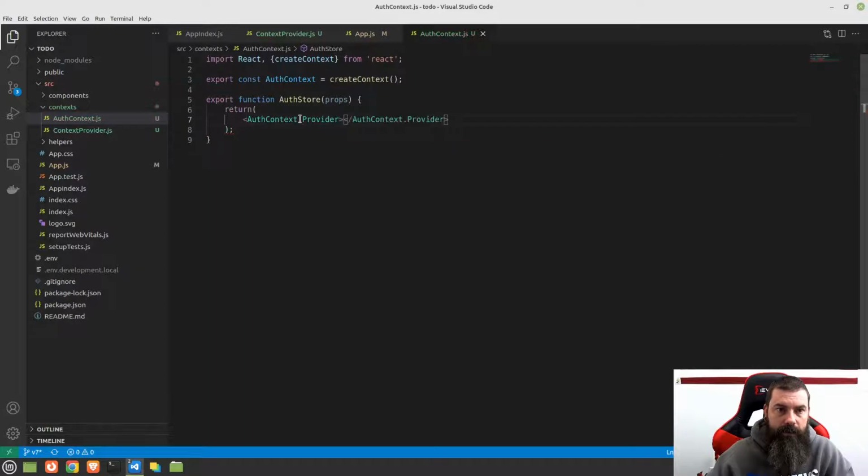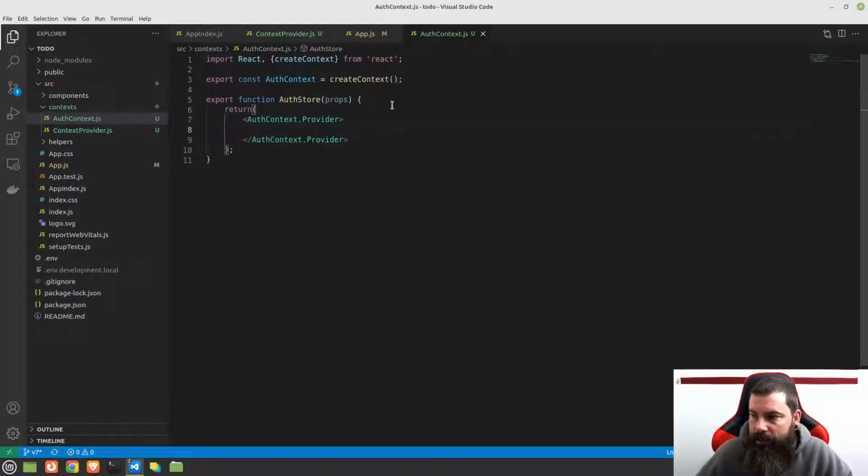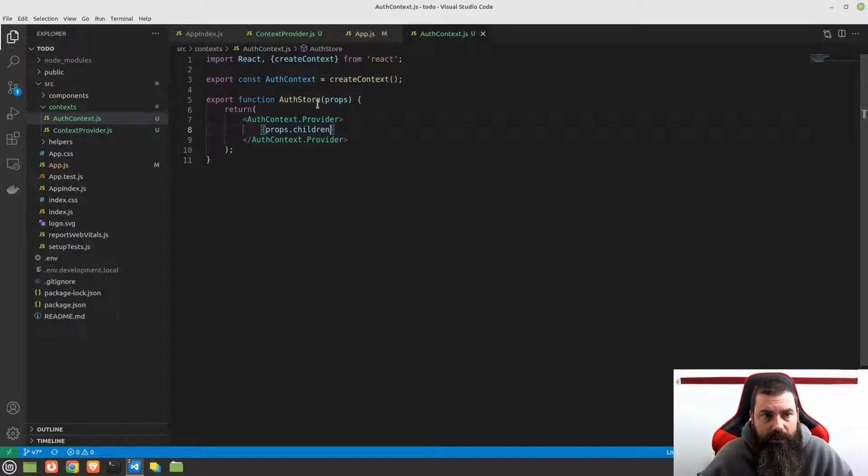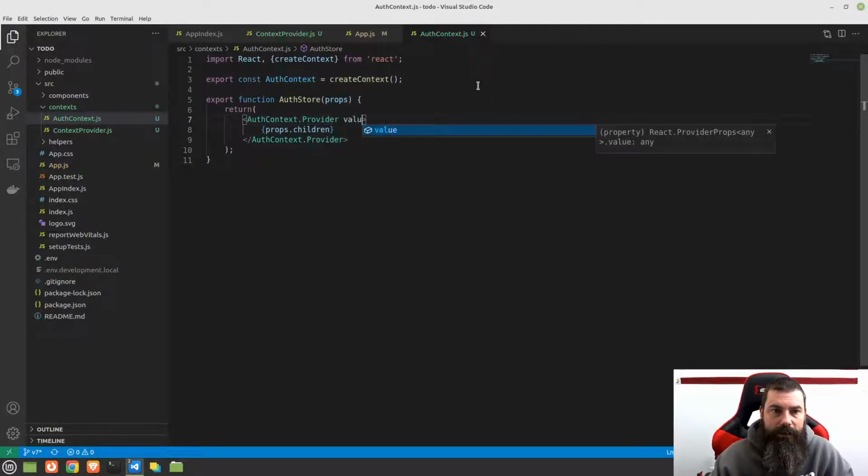Okay, dot provider, and what this dot provider is going to do is this is actually what's going to provide information down to our children. So what we're going to do is inside of here we're just going to put props.children. So whatever gets wrapped in this auth store here is going to have this provider providing data to it, or context to it. So then we get to tell it what are we going to provide to it. So in this value here,